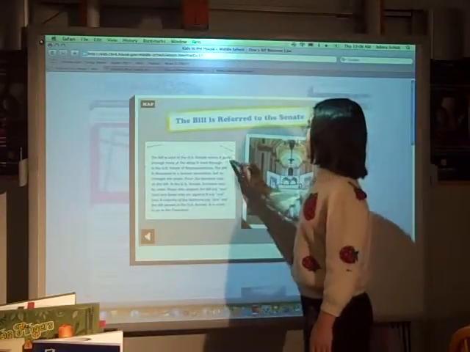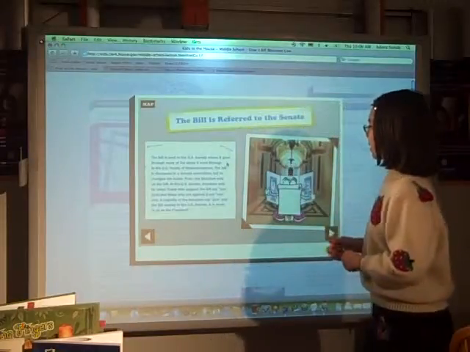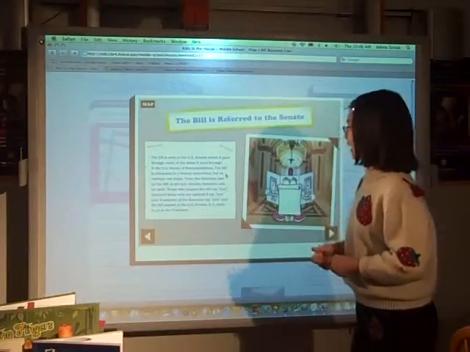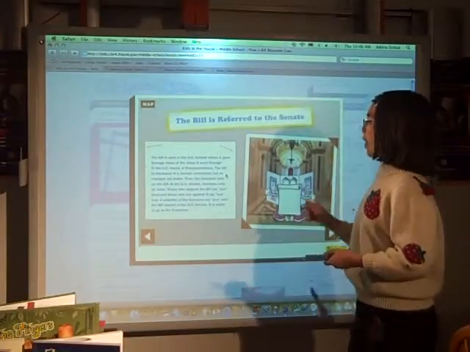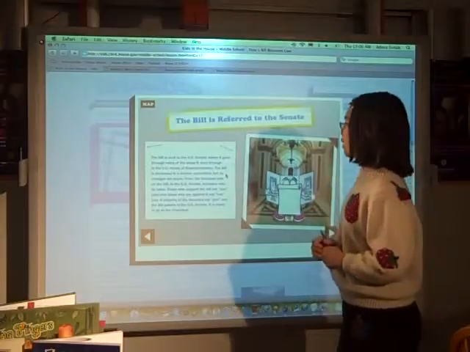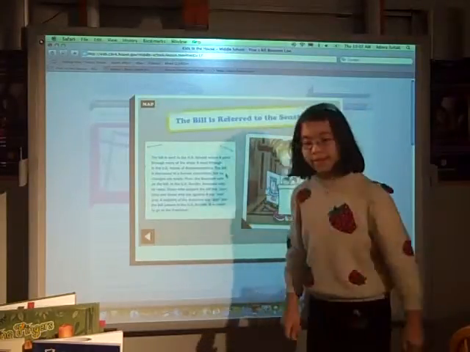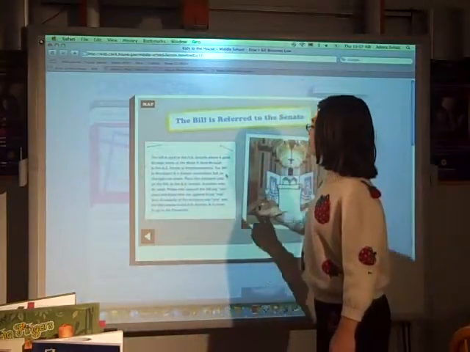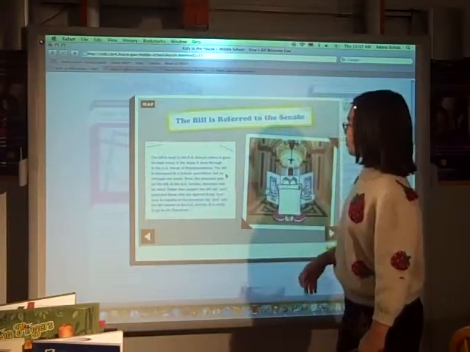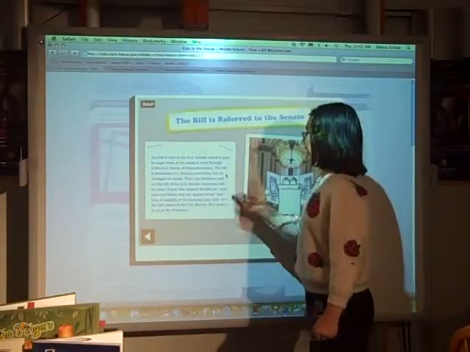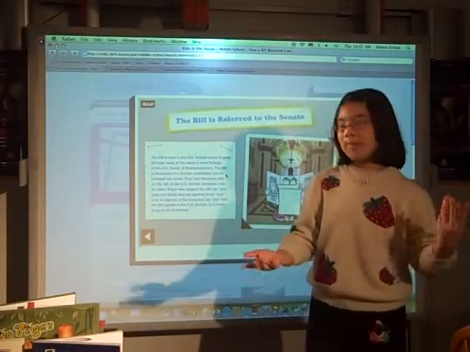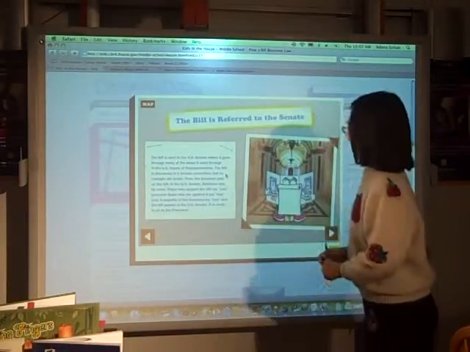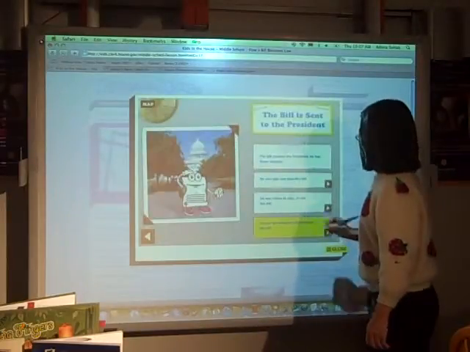And then it is sent to the U.S. Senate, where it goes through many of the steps it went through in the U.S. House of Representatives. The bill is discussed in the Senate committee, but no changes are made. Then the senators vote on the bill. In the U.S. Senate, senators vote by voice. I thought this was really interesting. I actually did not realize this before, but the senators vote by voice. Those who support the bill say yeah or yes, and those who are against say nay, which is kind of an antiquated form of no. A majority of the senators say yeah, and the bill passes in the U.S. Senate. It is ready to go to the president.